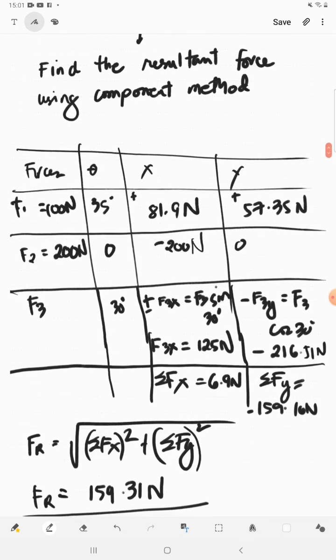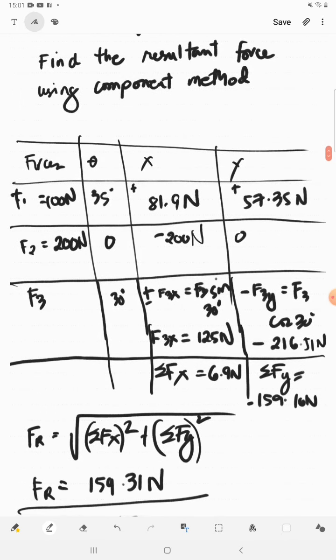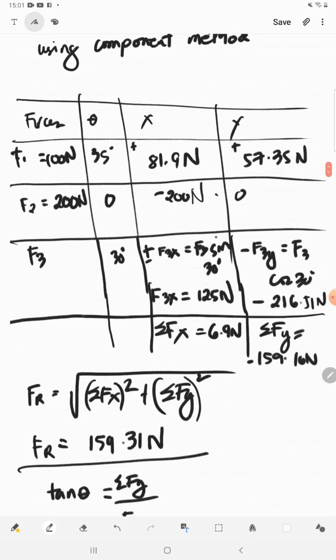So you will see here that we need to find the summation of forces along x. So 81.9 plus negative 200 plus 125. So the answer is 6.9 newtons. Then getting summation of forces along y, 59.35 minus 216.51 newtons. Therefore, summation of forces along y is negative